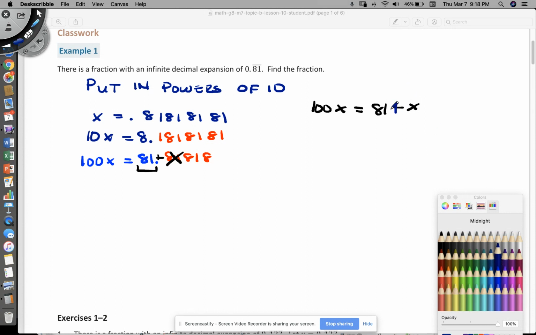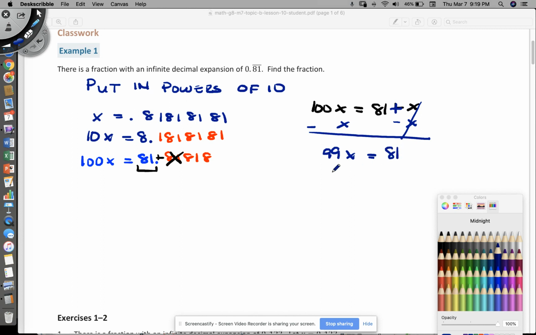So I can combine my x's. I have 100x on this side and an x over here. So I'm going to move that x. So I'm going to take its opposite. Opposite of adding x would be to subtract x. That cancels there. 100x minus x gives me 999x equals, oh, not 900. Excuse me, got a little carried away there. 99